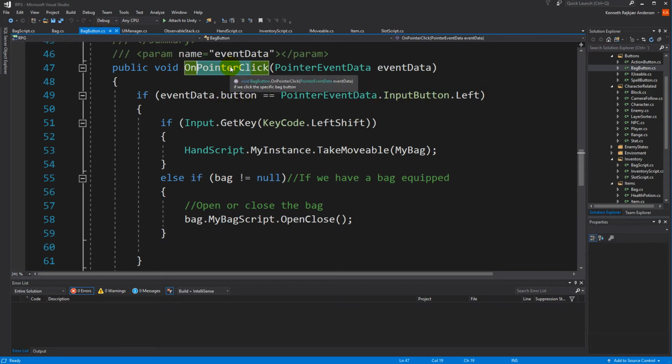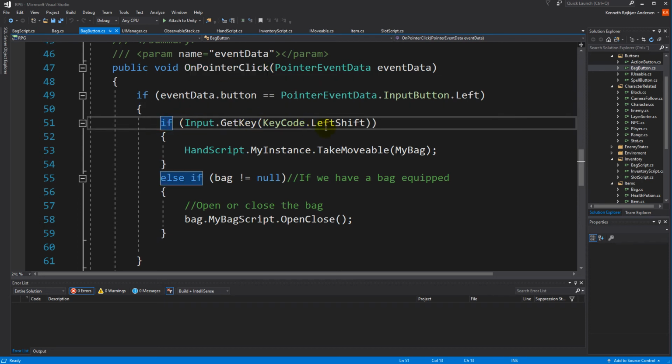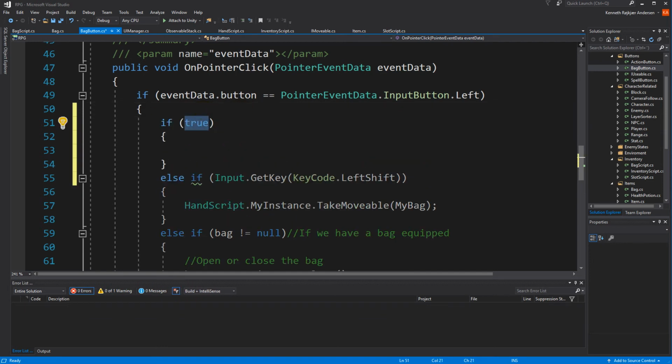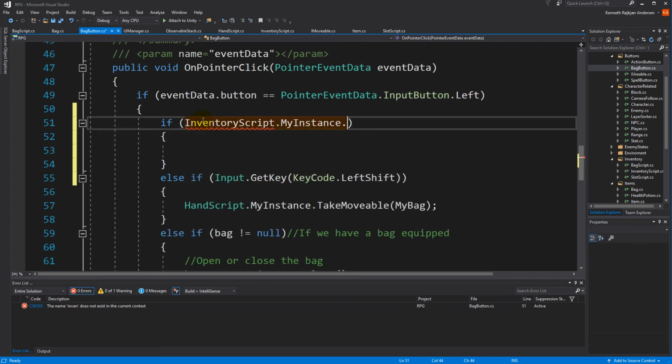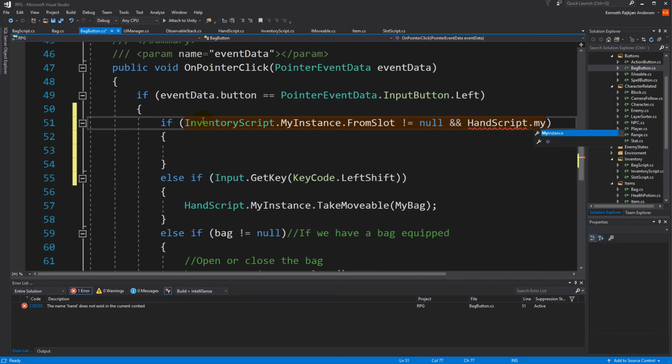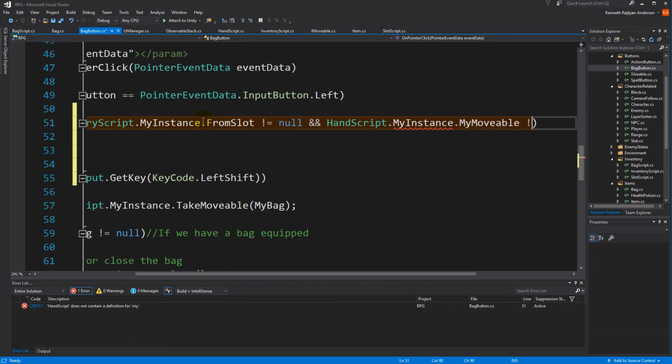on pointer click function. In here, we have to make this one into an else if, this one left shift, and then we have to make an if statement above here. So this if statement needs to say that, well, if inventory script dot my instance dot from slot isn't null and my hand script, it's called hand script, just called hand script dot my instance that my movable isn't null